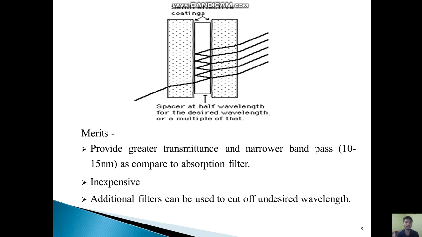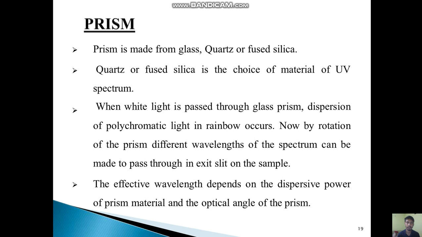An advantage is that the interference filter provides greater transmittance and narrow band pass, that is 10 to 15, because previously, as compared to the absorption filter, we got 30. So here it is 10 to 15, and it is inexpensive also, and additional filters can be used to cut off the undesired wavelength. After that we have the prism.